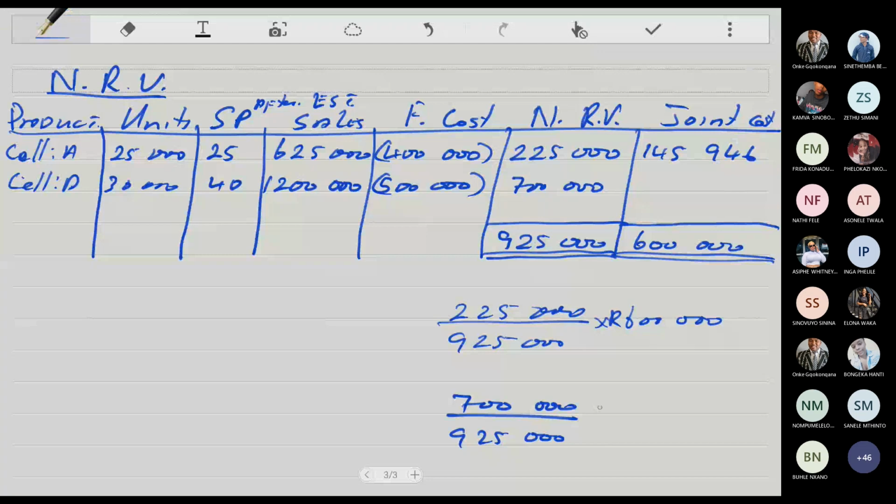Times then 600,000. $4,054. Then it's going to be 454,054. So that's the allocation according to